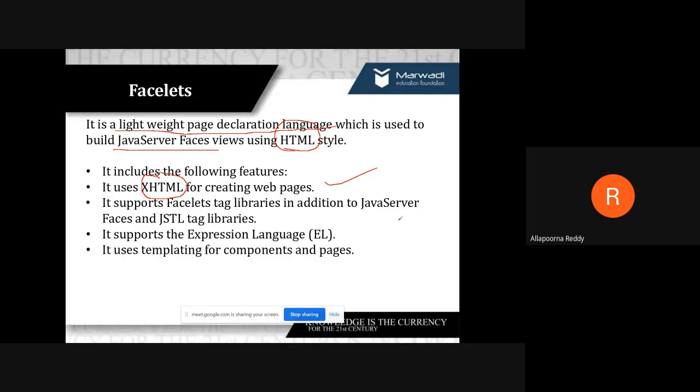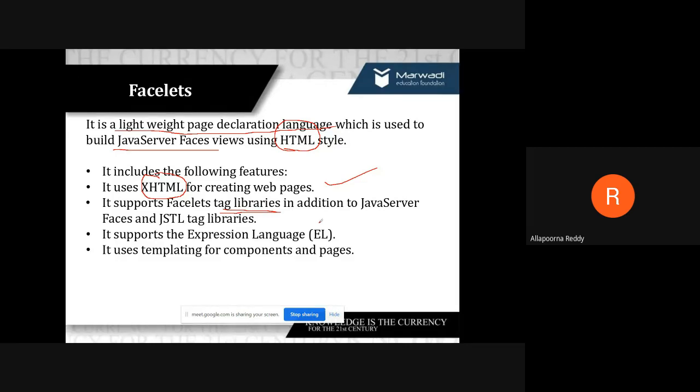And also it supports some tag libraries. In addition to JSF and JSTL tag libraries, they are already built in. JSTL tag libraries we already saw in your previous sessions. There were 5 tag libraries: core, SQL, functions, formatting, and one more. Totally 5 we had, right?